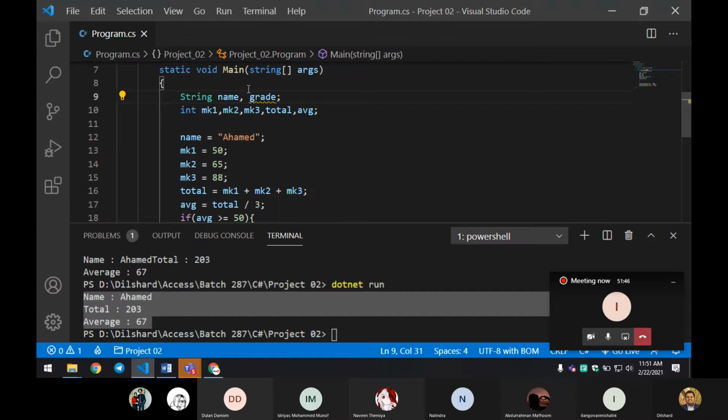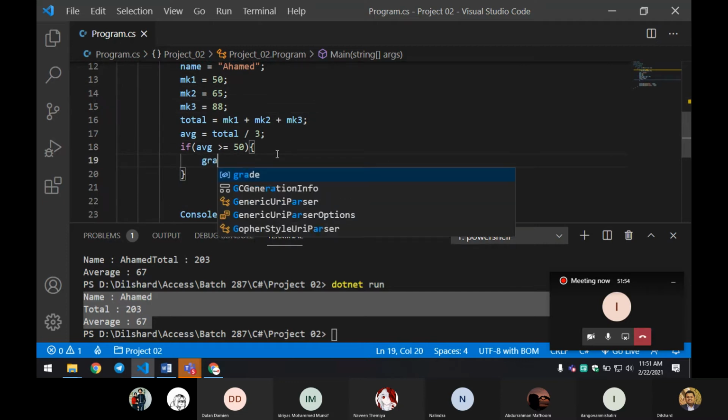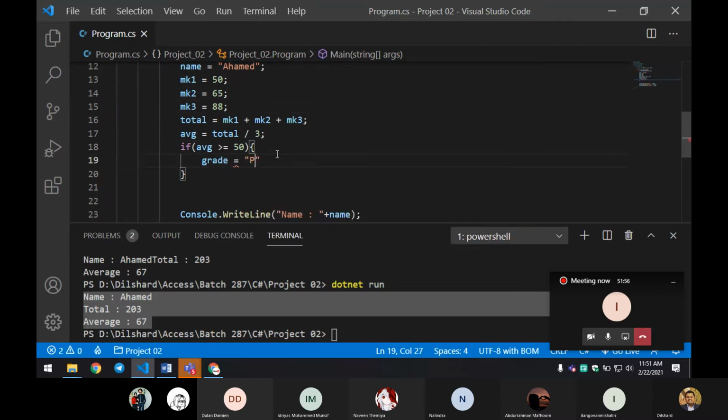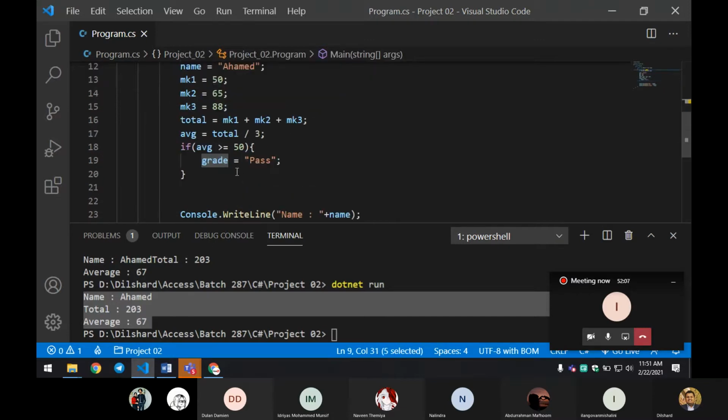I'm going to say name comma grade here. I'll call that grade here and assign a value. So grade equal pass. Since it is a string value, I'm going to assign it within double quotation marks.